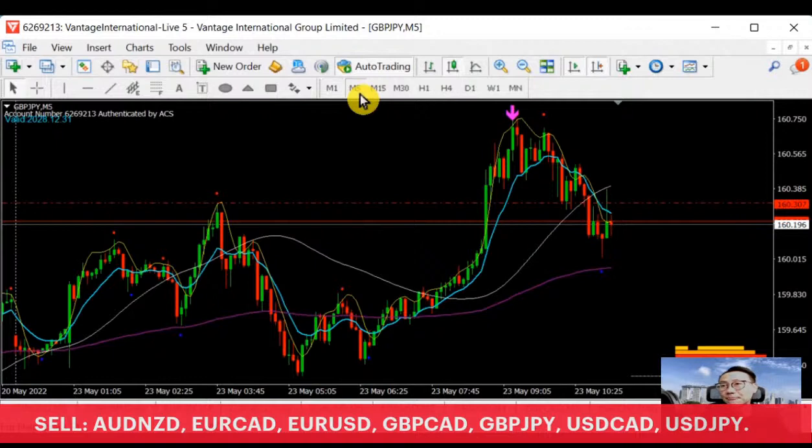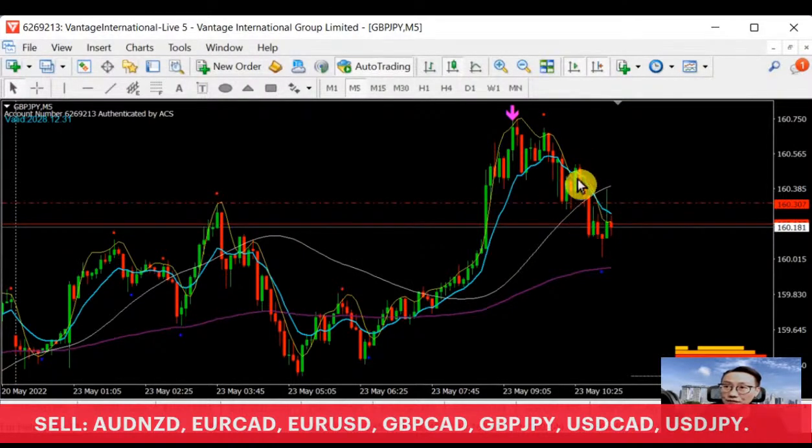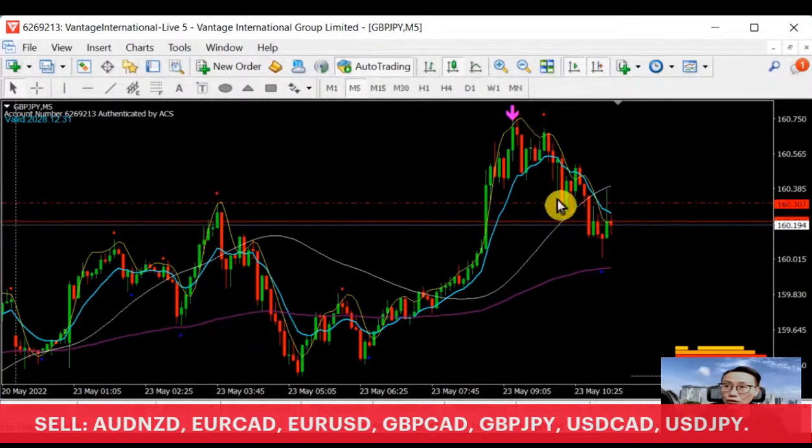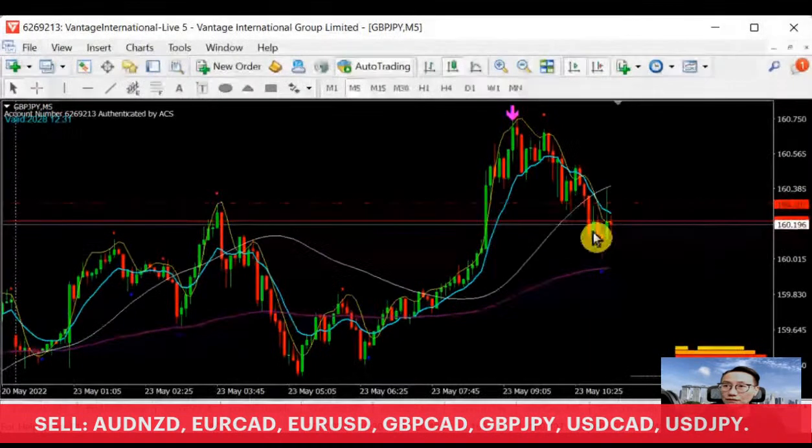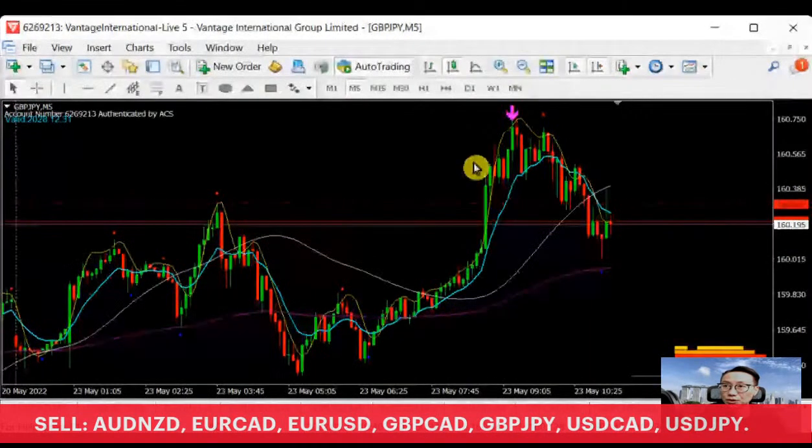For pound yen, because pound yen right now, this is how it goes. Lower resistance, creating a lower low. It bounces up again, creates a lower resistance, goes for a lower low. This wave creating a lower low of this wave, correct? So this whole support here is actually the wave creating a lower low from the support here.